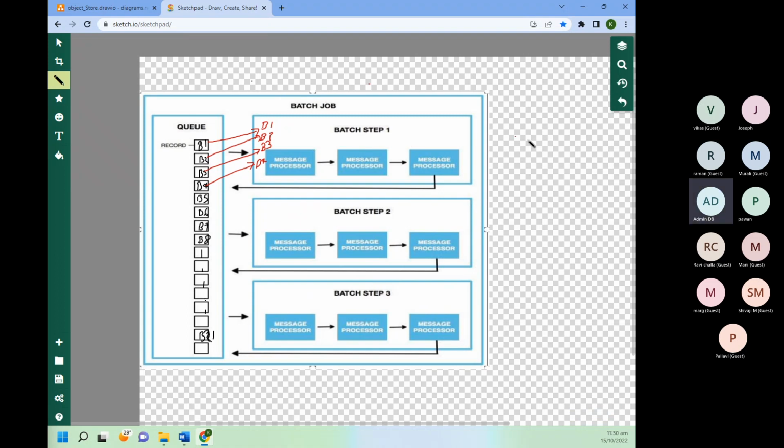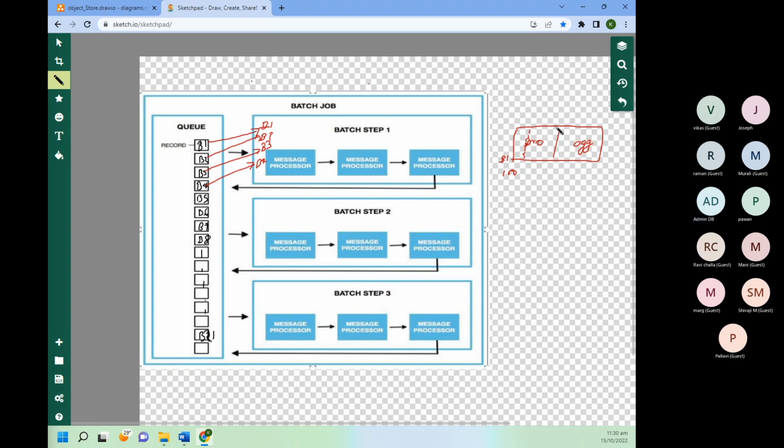Now inside batch step 1, we have 2 parts. One is the processor part, another is the aggregator part. In the processor part, the same happens for each batch, but let's discuss batch 1. Batch 1 has 100 records, so it will do processing of one record at a time: first record, second record, third record, fourth record,